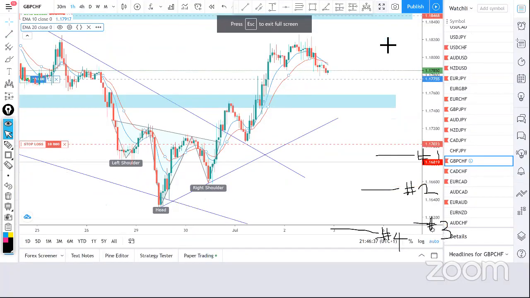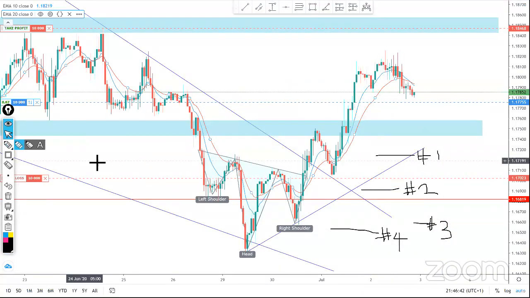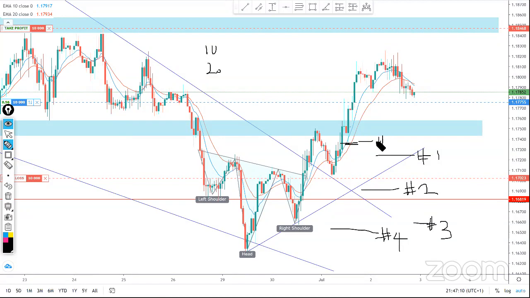Okay, good. Now I'm back to the chart. So you guys can figure out what I stated earlier. I said I use the 10 and the 20 EMA for confluence factors. That is dynamic support and dynamic resistance. You can see right here the bullish engulfing bar was being rejected by what? By the 10 moving average right here. So we have this as confluence factor number 5.